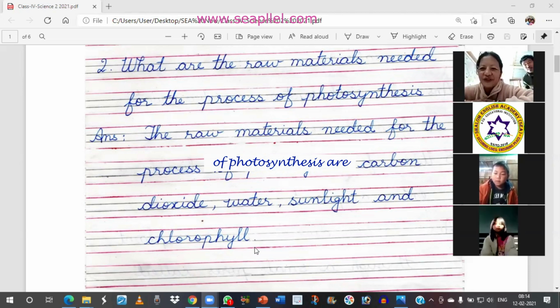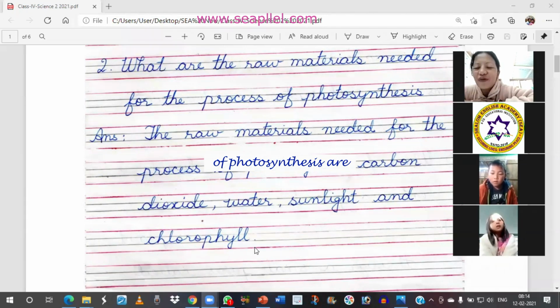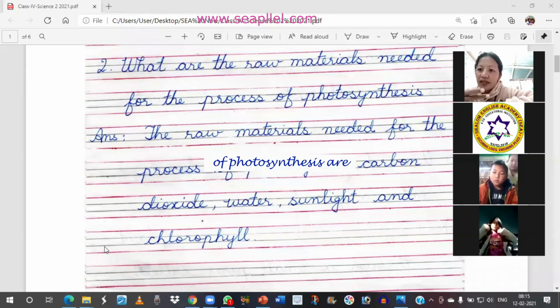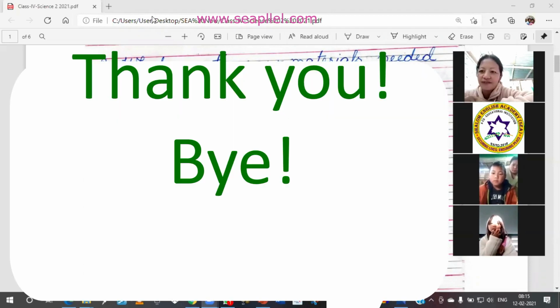Very good, very good. So today, this afternoon, learn these two answers. In the next class, I'll ask you by heart, without looking, you have to answer me, okay? Do you understand the meaning of photosynthesis now? Very good. So today, after this class, learn those two answers by heart. And then in the next class, I'm going to ask you one by one, without looking.